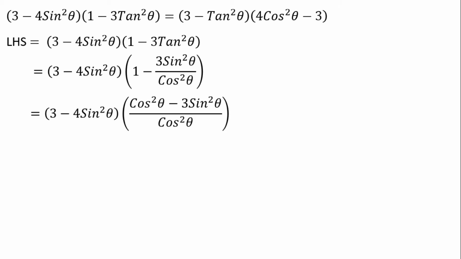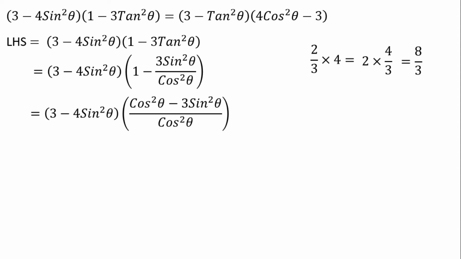Now after this we have to follow one trick. Without that trick it is quite impossible to get the RHS. If we follow that trick, it will be easy to solve and get the RHS value. But before learning the trick, first of all we have to learn the concept. For example, 2 by 3 multiply 4, or 2 multiply 4 by 3, both answers will be 8 by 3.